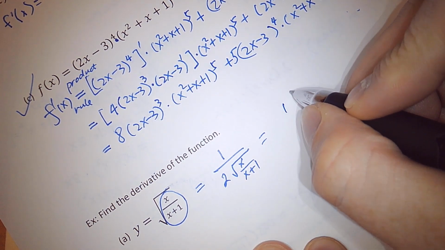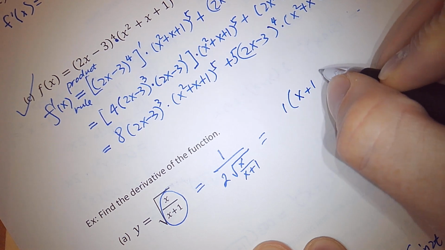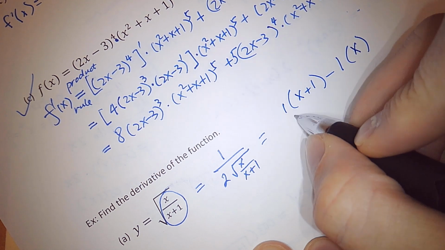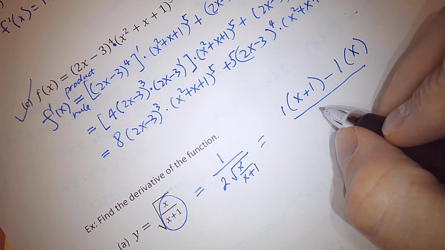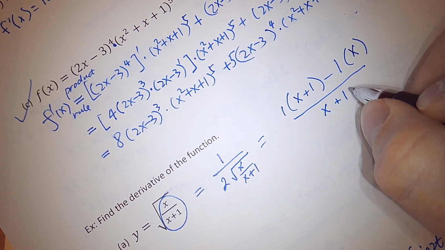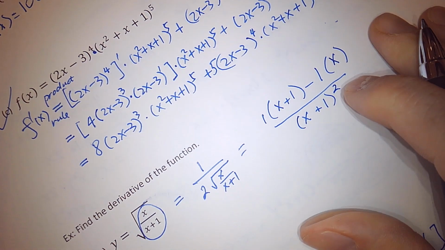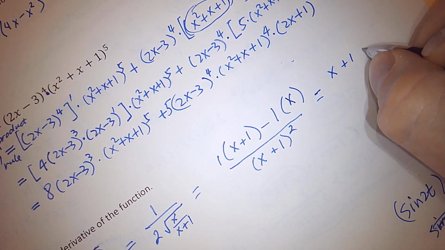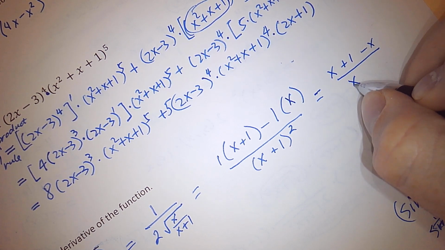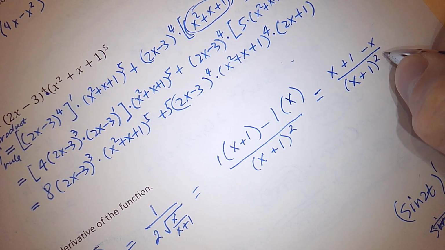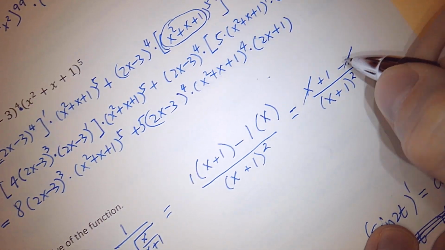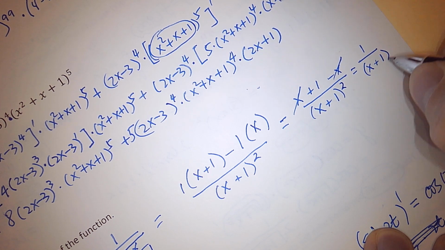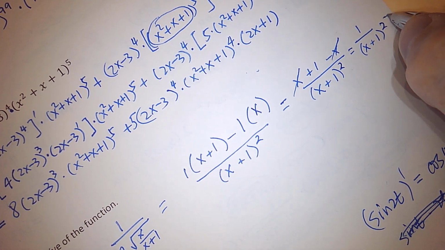So 1 times x plus 1 minus 1 times x over x plus 1 squared equals, figure out something here, x plus 1 minus x over x plus 1 squared equals